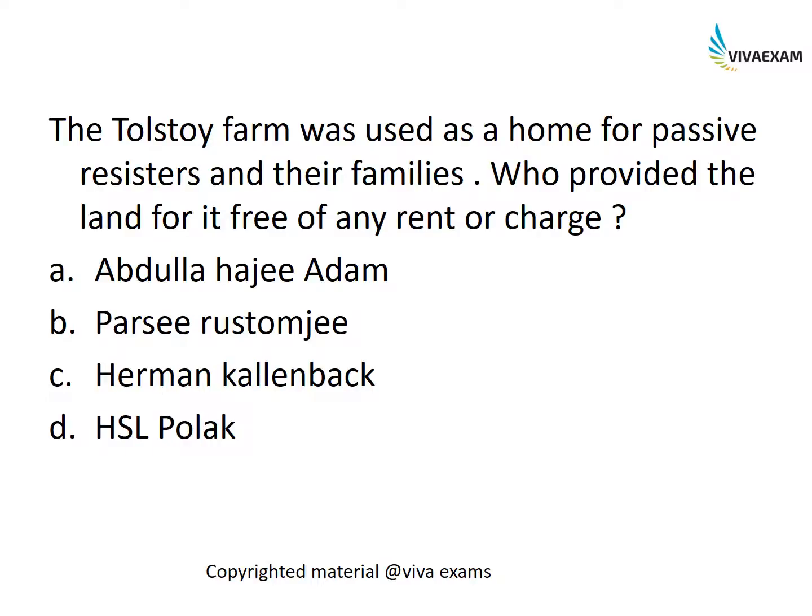The Tolstoy farm was used as a home for passive resistors and their families, who provided the land for it free of any rent or any charge. Basically, the land was given free of cost by one gentleman by the name of Herman Kallenbach. This is H, not K. So this was the gentleman who gave this land to Mahatma Gandhi, and basically 3 acres of land was given